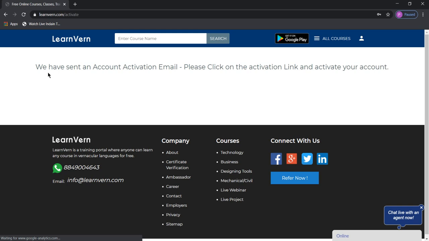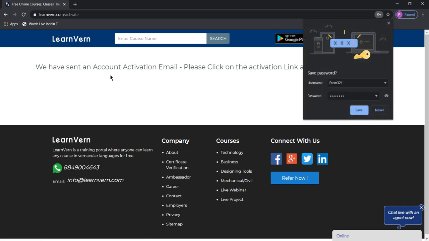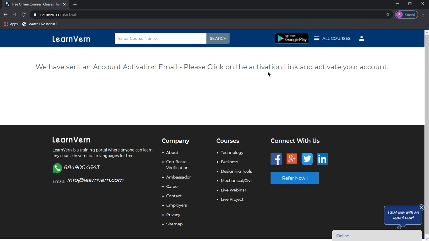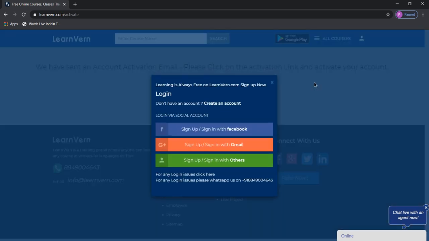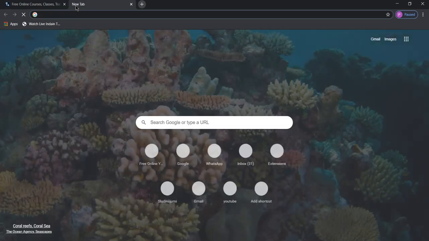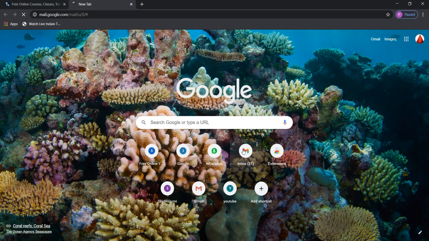So here we have sent an account activation email. Please click on the activation link and activate your account, right? After this, we have enrolled. Now a mail has been sent to the Gmail which we have kept here. Go to your Gmail ID.